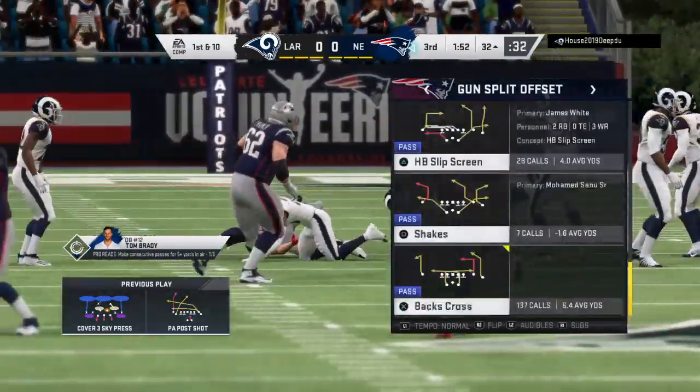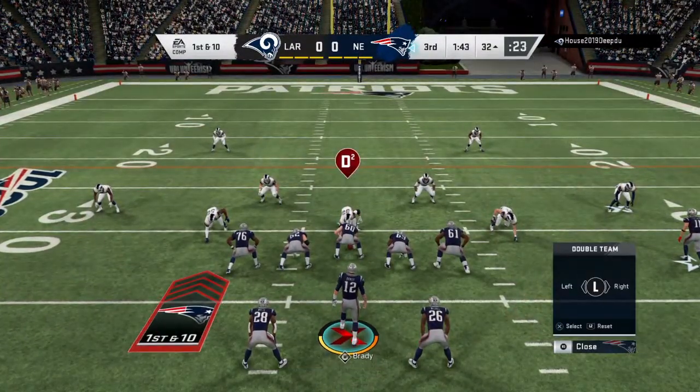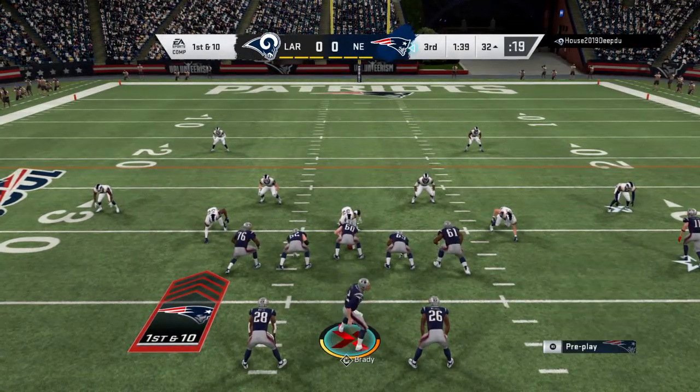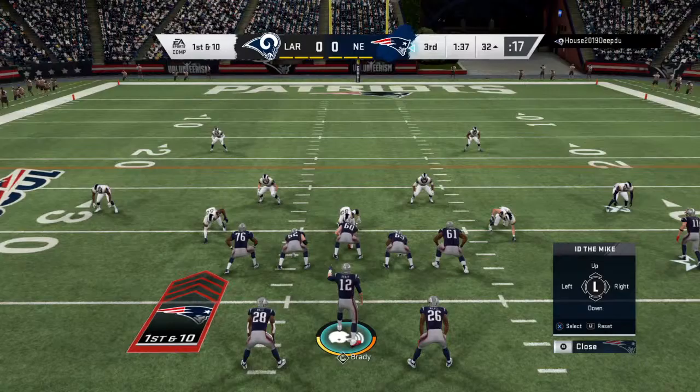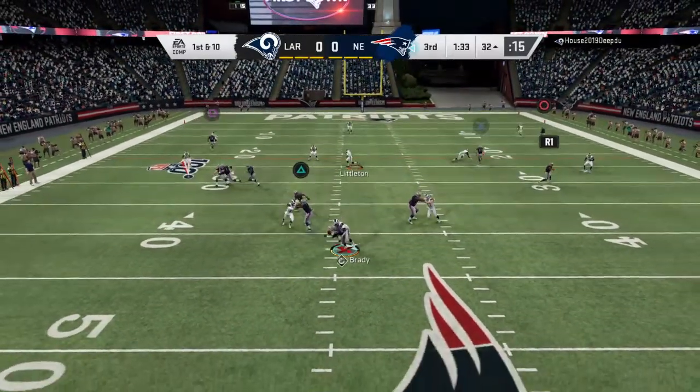The former 7th-round pick, Julian Edelman, just continues to have such a productive career. And has made himself into a receiver. Remember, he was a college quarterback, and not just a productive one, a very good one. At Kent State, right? Yes, a great leader, a guy who can make plays with his feet and his...